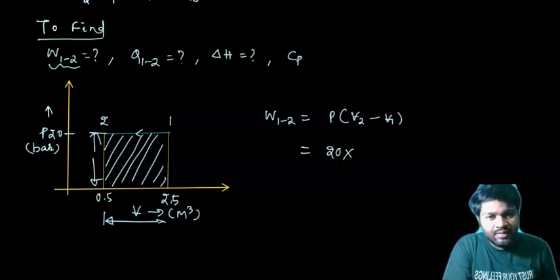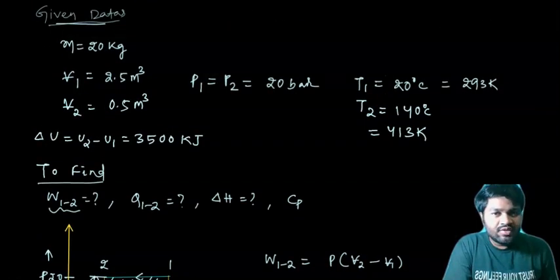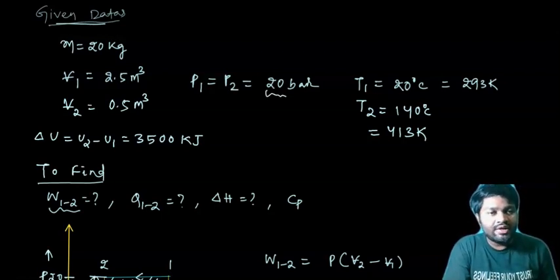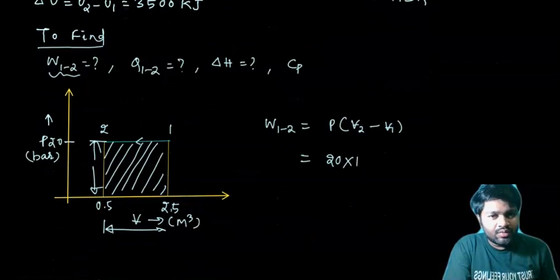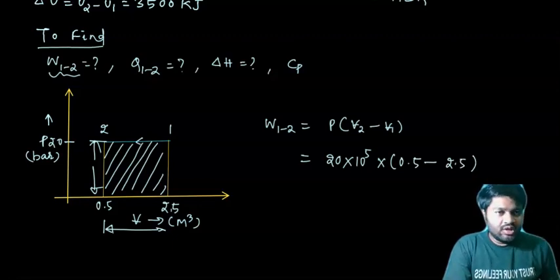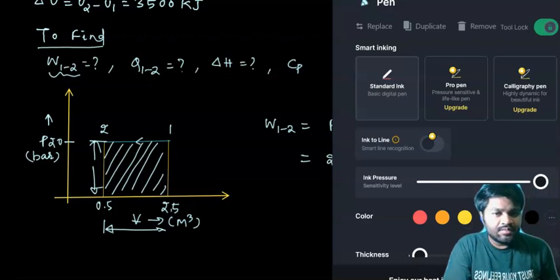This will be 20. So let us convert that into Pascal, because it is given in terms of bar. So if we do that, then 20 will be multiplied by 10 raised to the power 5. Okay, so 20 into 10 raised to the power 5, into V2, which is 0.5, minus V1, which is 2.5. Okay, so if we try to find this difference,